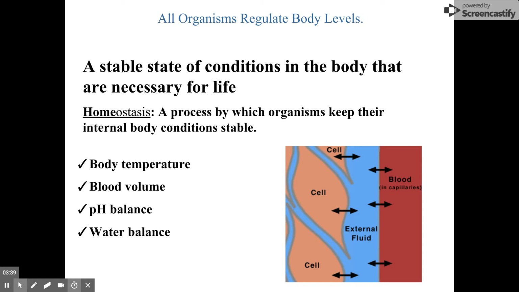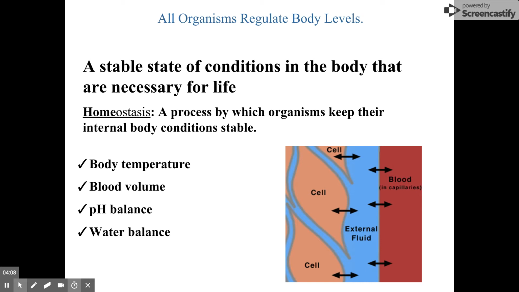So our body temperature we keep stable. For example, if you walk outside and it's very, very hot out, your body will try to cool off by sweating or by dilating some of the blood vessels near your skin so that it can diffuse some of that heat into your outside environment. Your blood volume, so heaven forbid, but if you would get cut and you'd lose a lot of blood, you would restore that blood by creating new blood cells from your bone marrow.